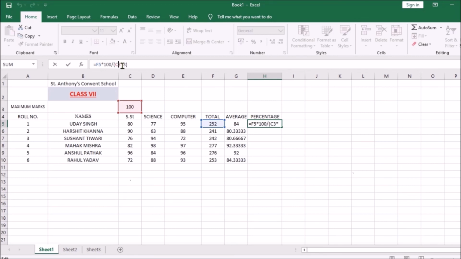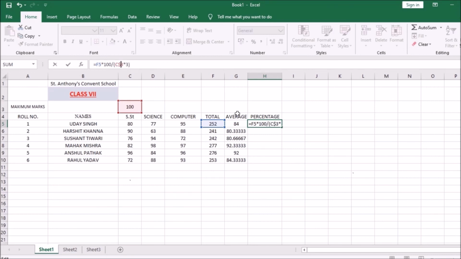It is C3, C4, C5 whenever this is being copy pasted. So I am going to make it a mixed address. I have to put the $ sign before the row. The row is 3, so before it I typed the $ sign, and the $ sign will not allow the row to change when you copy paste it.